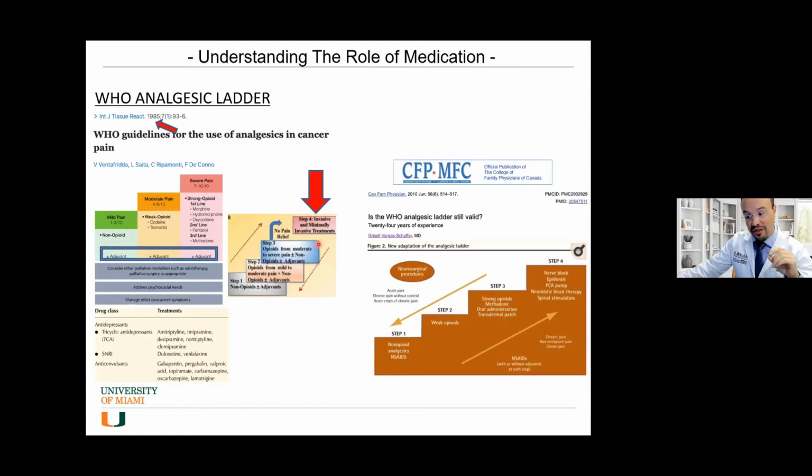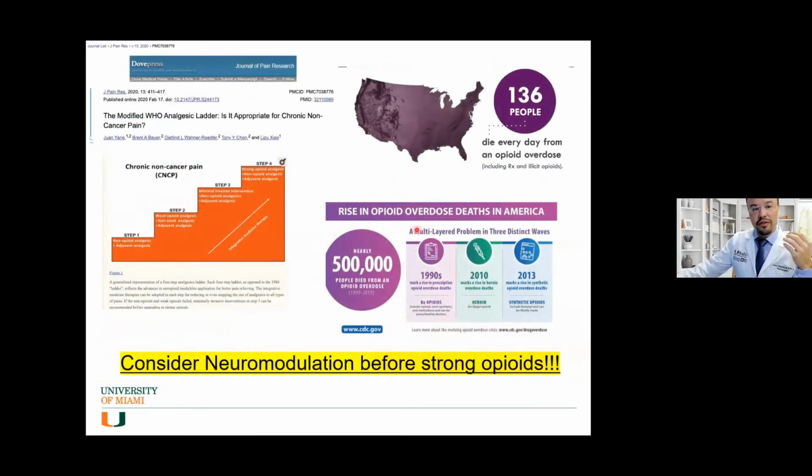But this was highly questioned before entering that. It's important to understand that adjuvant medication is important. It needs to be extensively tried, especially with the nociceptive component, like tricyclic antidepressants, SNRIs, and anticonvulsants. But this was created a long time ago and for cancer, and it's been revised, and so it's not as valid as it was back in the day, up to a point that different factors, the evolution of the system, the minimal invasiveness, the great results we have, the epidemic related to opioids with much more morbidity and mortality related,